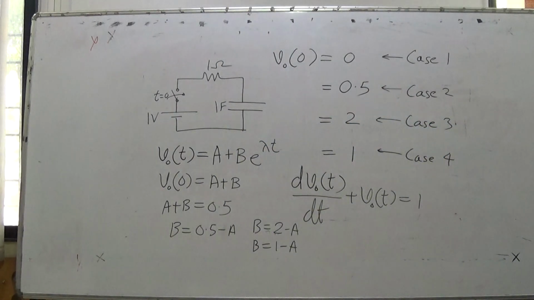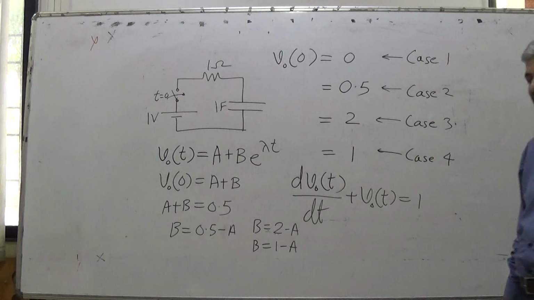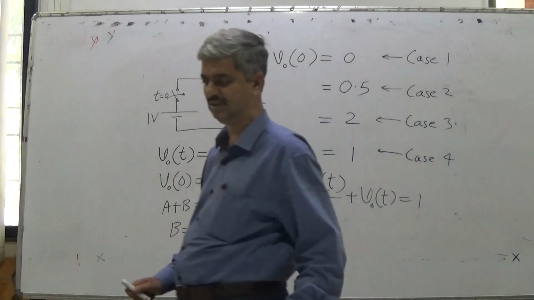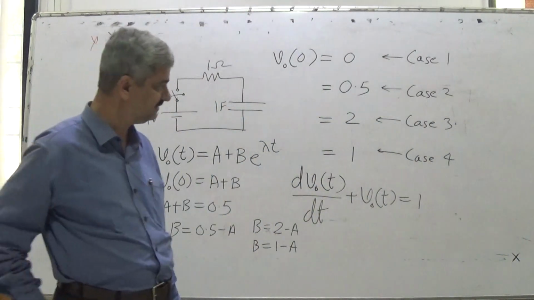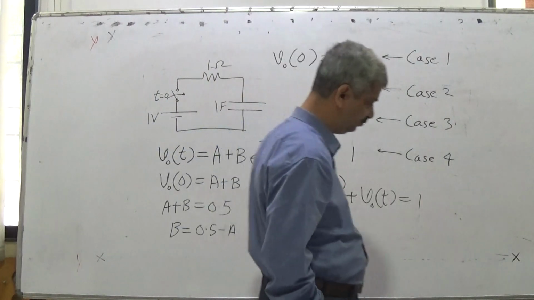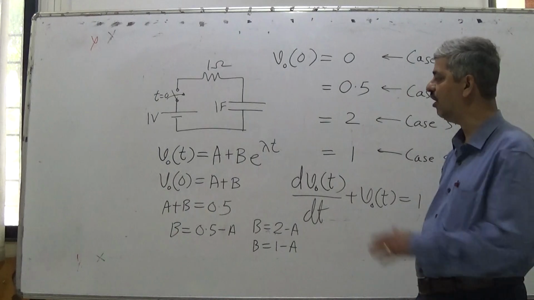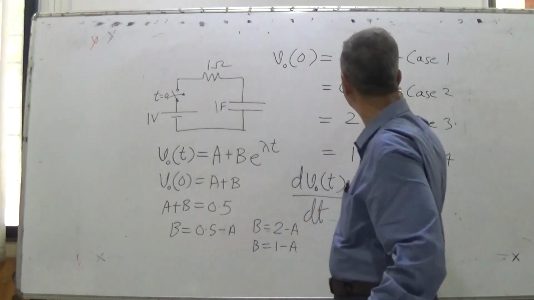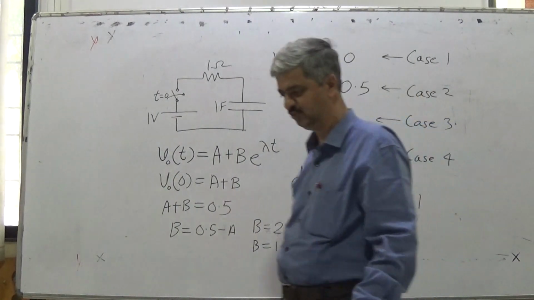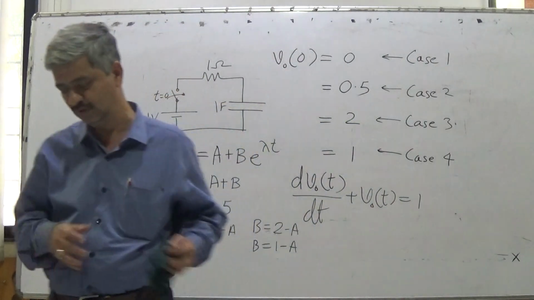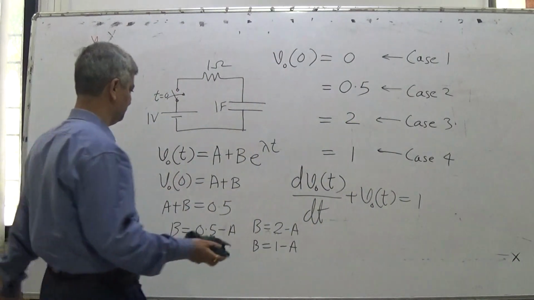Then by using differential equation, construct a big equation which contains two sides and match it for e raised to lambda t terms and terms which don't consist e raised to lambda t. And based on this, you are supposed to come up with the answers for all the remaining three combinations.